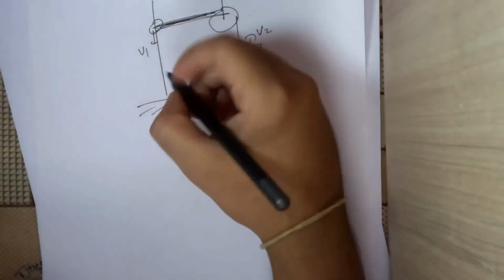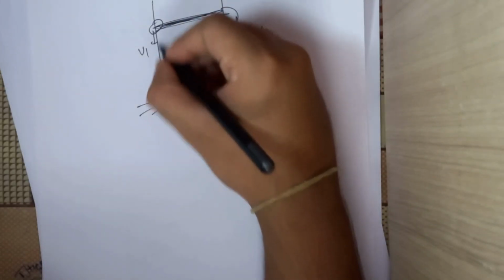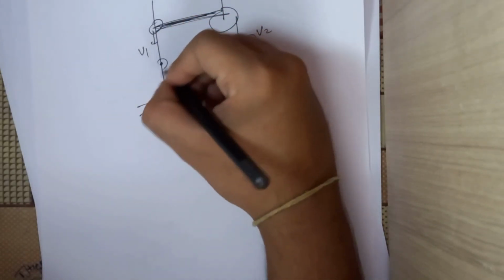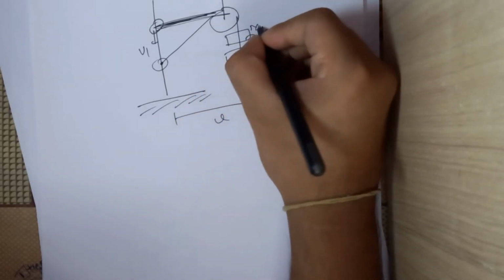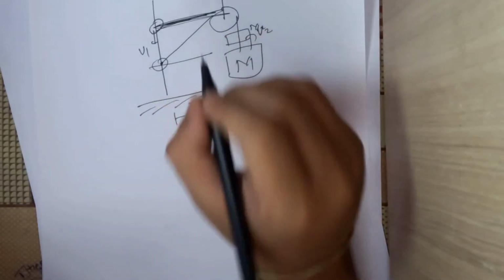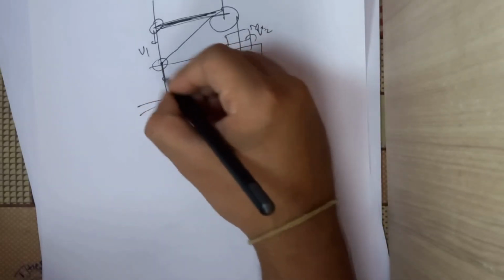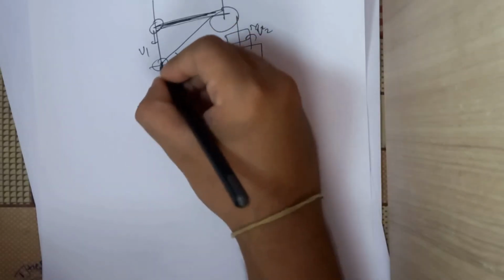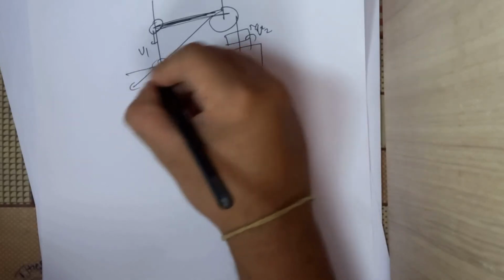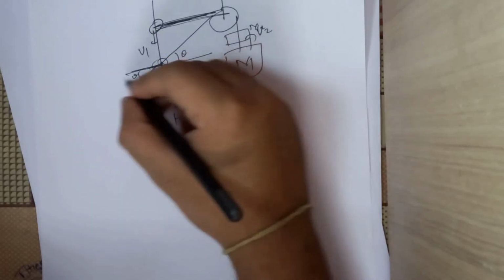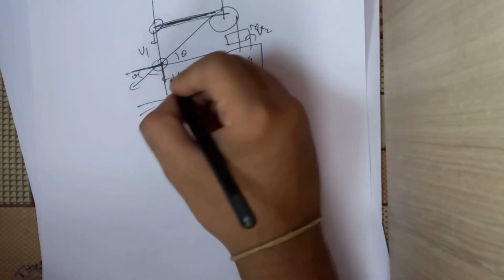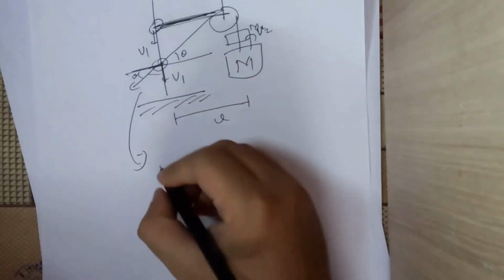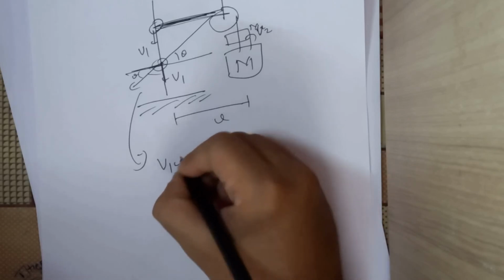So what we can say is, at any instant, let us say that this bead has come down by some distance, and it is something like this, and this mass m2 has moved up. I can say that the velocities along the rope should be same. So if this is v1 downwards, let's say this is theta, I can directly say that this will be theta. So this is 90 minus theta obviously. So this velocity will be equal to v1 cos of 90 minus theta, which is sin theta.